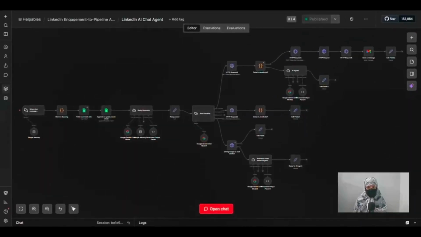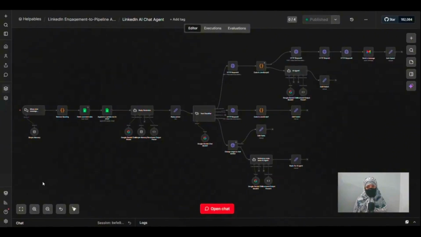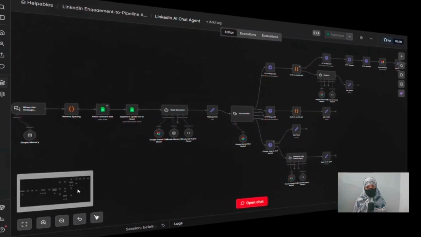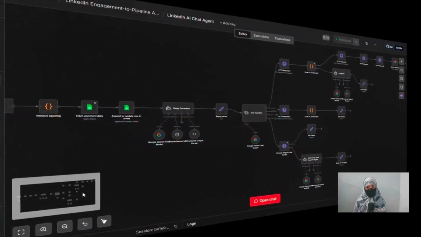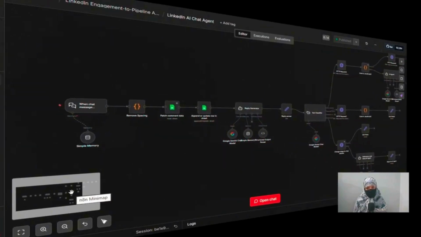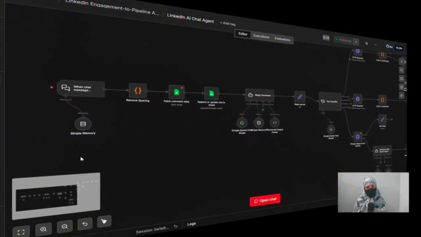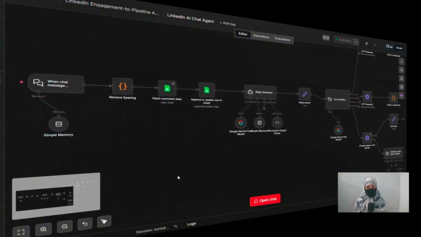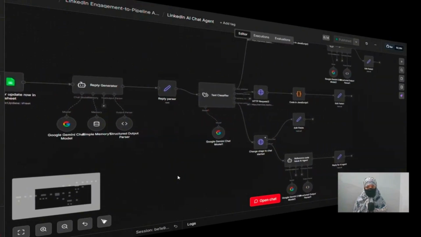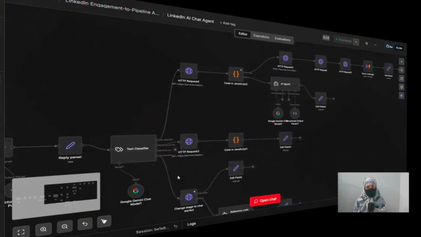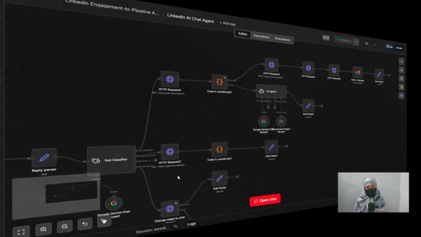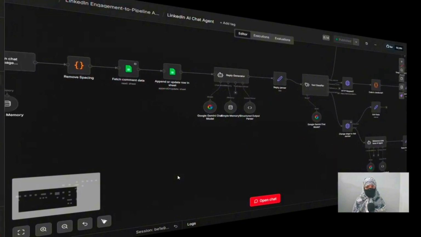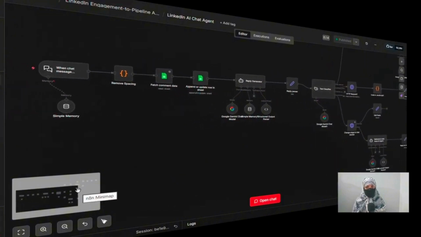We have all seen it. A LinkedIn post goes viral, the comments are flooded with potential leads, and then nothing. Most of those opportunities die in the notification tab because manual follow-up is a cold storm. Now imagine a system that reads that comment, decides whether it's worth following up on, creates a lead in your CRM, notifies you via email, assigns a task to your team, and then opens a smart AI-powered chat where that person can ask questions and book a call with you. All of that happening automatically in the background while you focus on actually doing the work.